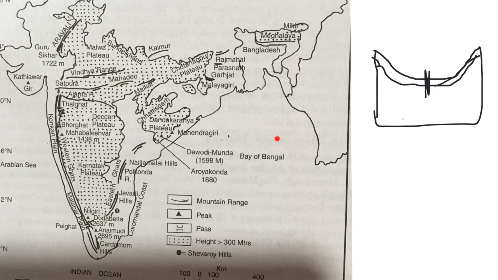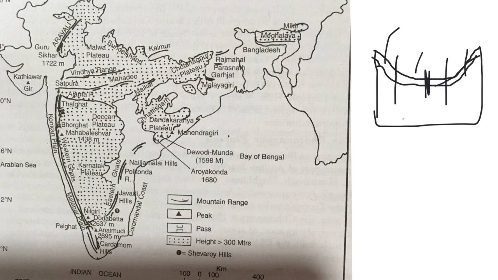Okay, now your Western Ghats can be divided into three divisions: the northern part, central part, and the southern part. In the northern part, we can consider the highest part is the Kalsubai region. In the central part, it is Kudremukh, and in the southern part is Anai Mudi. Okay, so apart from this, certain prelims facts you need to understand here are,